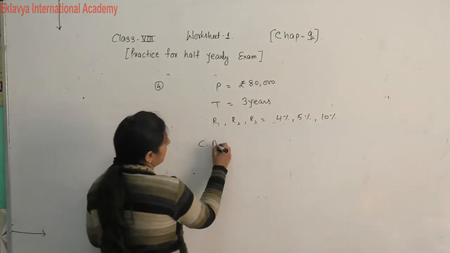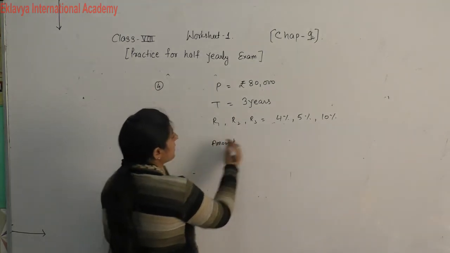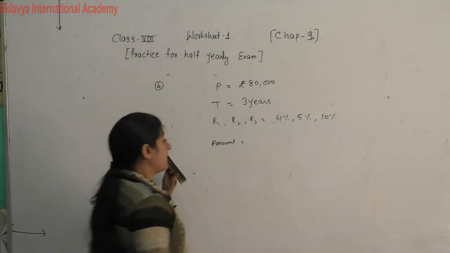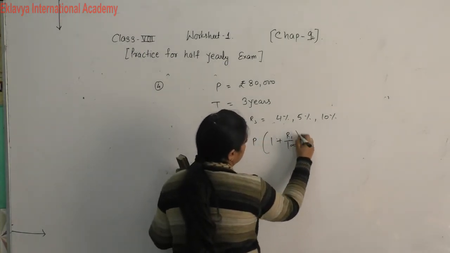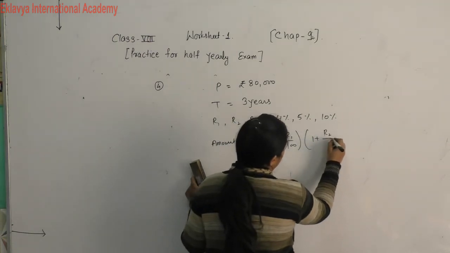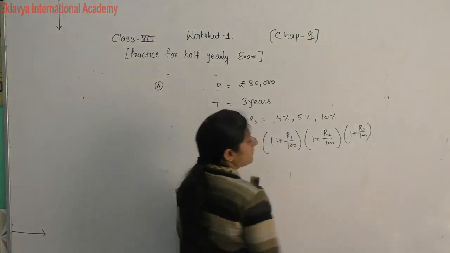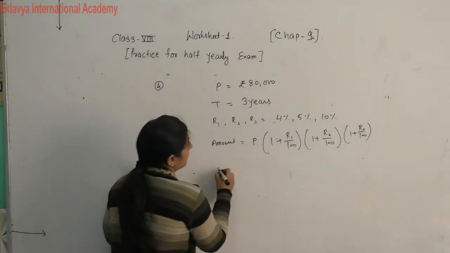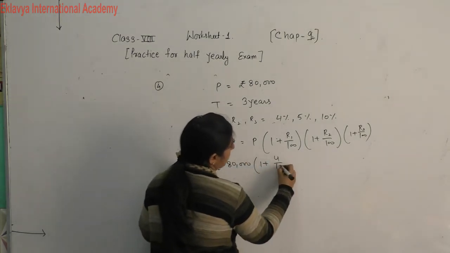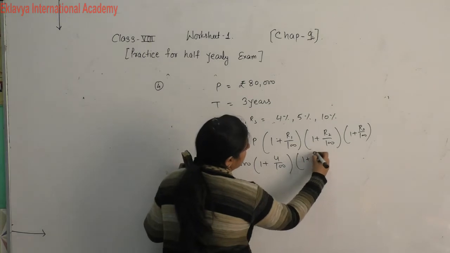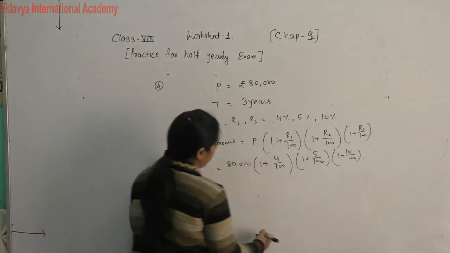Then firstly we find out compound amount. For finding the amount, in this question, we will use the formula P into 1 plus R1 upon 100, 1 plus R2 upon 100, 1 plus R3 upon 100. Then after, put the value 80,000, 1 plus 4 upon 100, 1 plus 5 upon 100, 1 plus 10 upon 100. Then it becomes